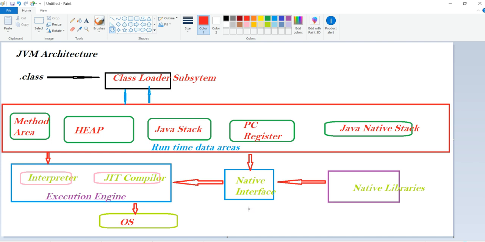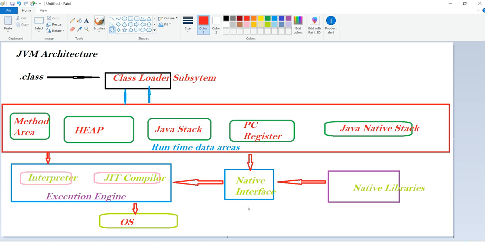And finally, the OS, that is, the operating system. To execute a Java program, the JVM requires some resources like memory, processor, etc. Those all come from the machine. So we need memory as well as the processor from the machine.